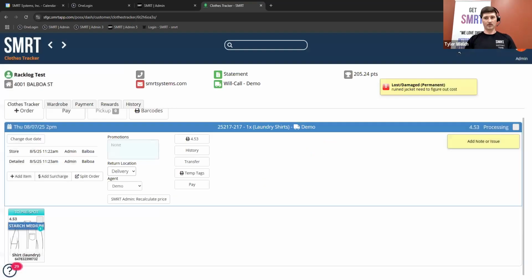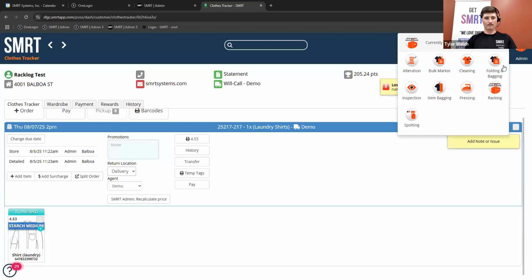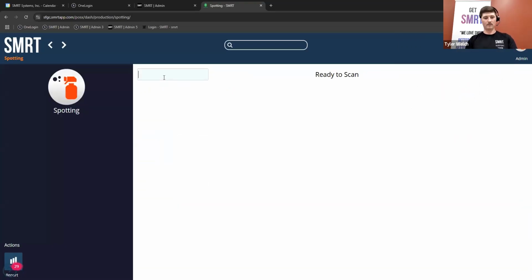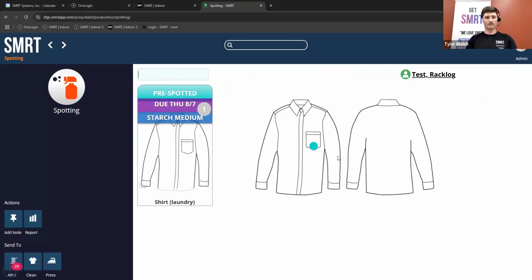I need to go to a spotting station. Sorry, got stuff in my way. Come up here, spotting. Scan the heat seal.